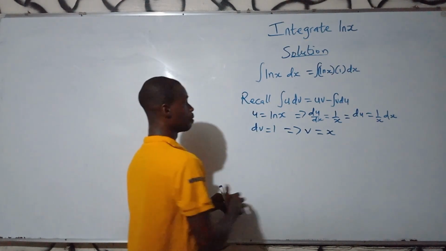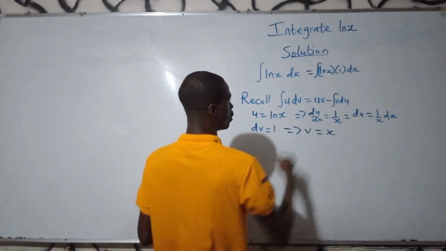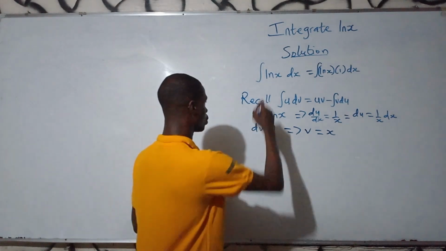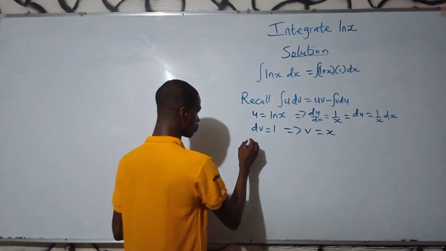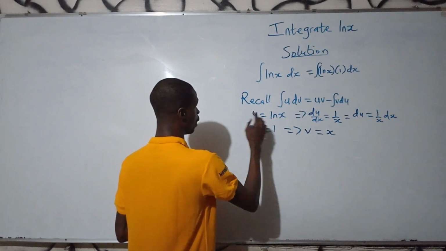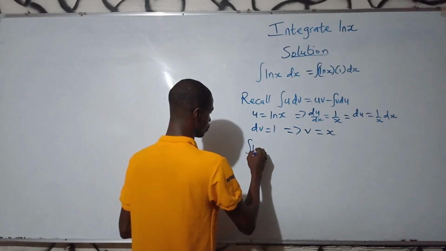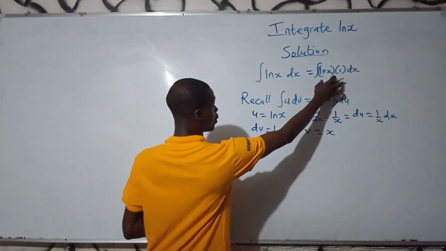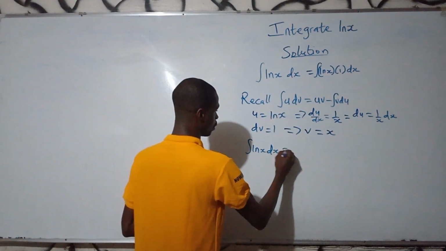So now we have gotten u, v, and we have gotten our du. You understand that now? Without wasting much of our time, let's quickly solve it now. Let's input this formula. So we have the integral of ln x. This one is the same as this, so I prefer to write this one just for a little work. You get that now? Is equals to